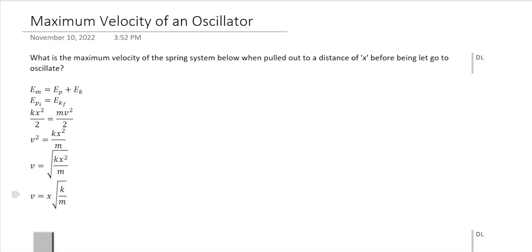Now this is such a common question that yes, you can use this method to solve it, but it's so common that we actually give you this formula on the formula sheet. So I'm going to break it down and show you where the formula comes from, because it's actually nothing new. It comes from the energy unit. If you remember in conservation of energy, we said mechanical energy at the beginning equals mechanical energy at the end. And so the initial potential energy, which is the max distance,